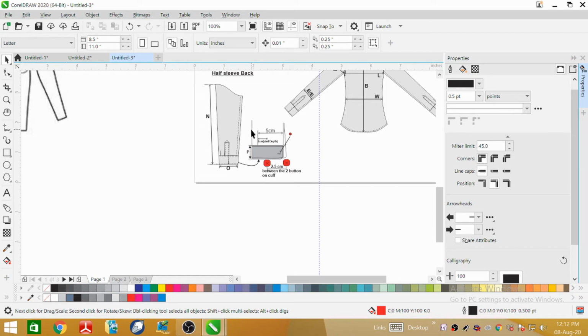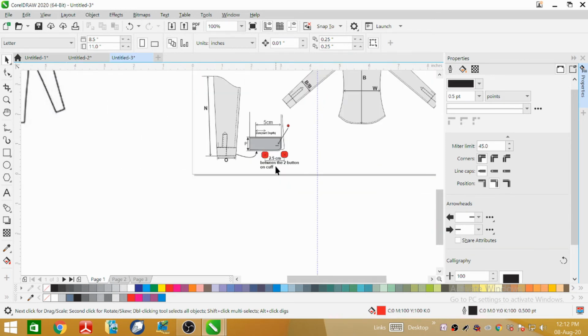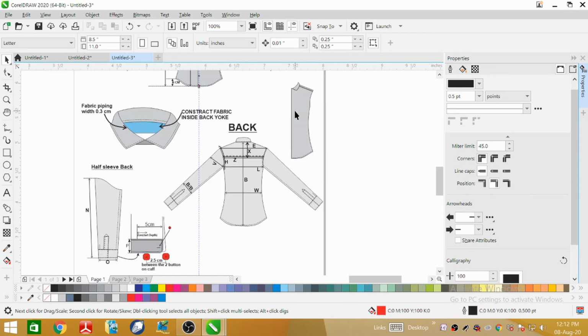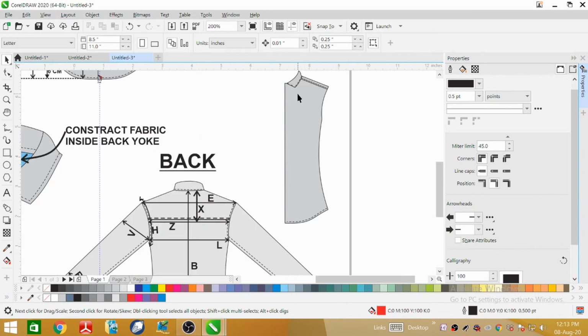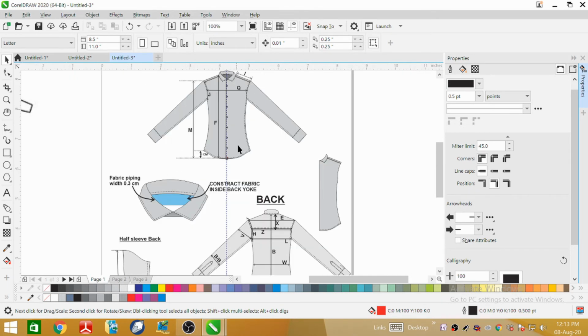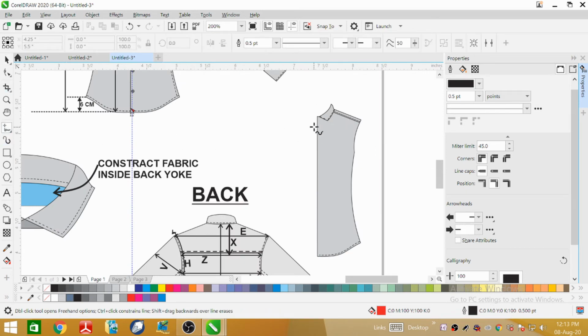Now we have completed the cuff width, which we specified by the English letter O. Now the sleeve portion's specification has also been completed. Now come to the next very important one, that is the height of front. So what should be the height of the front from button down to end? For this we go to the freehand tool to specify the height of the front of that garment,